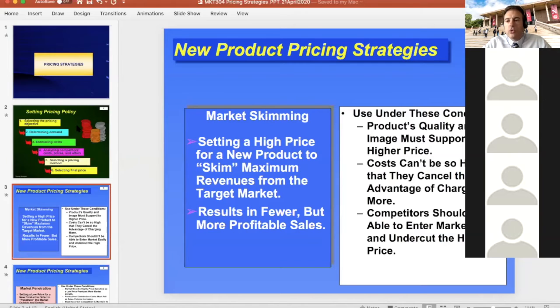But you can only have a high price if you have a high value, and you can have a high value if you also have a strategy of innovation inside your company. So if you don't have a product leadership, if you're just another product and nothing really differentiates you from your competitors, it is very difficult to have market skimming, because you're going to be perceived as being too high in prices. So the counter strategy of that